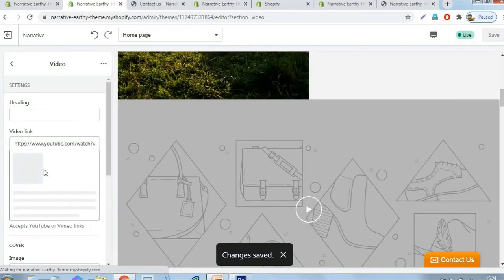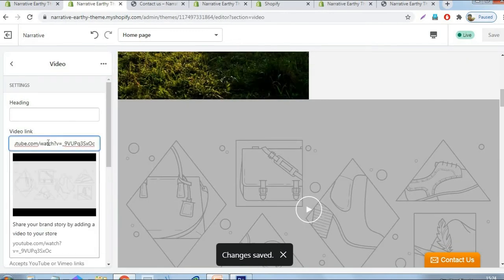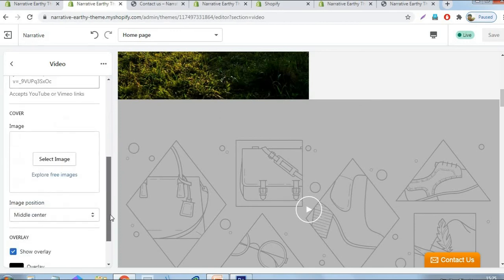Then the next section is a video section. Yes, here's the video link here. You can replace it to any video. You can create your own video and display it here. So anything you want, you just replace this YouTube video. Okay, YouTube or any other video sharing sites you can display here. For better display you can use YouTube video.